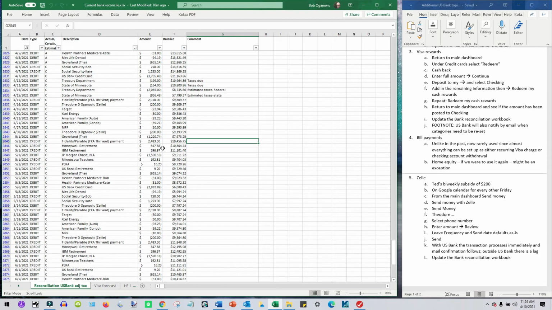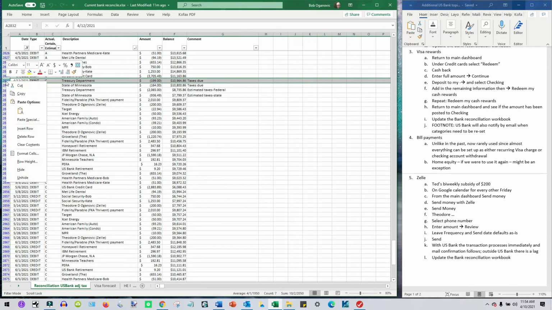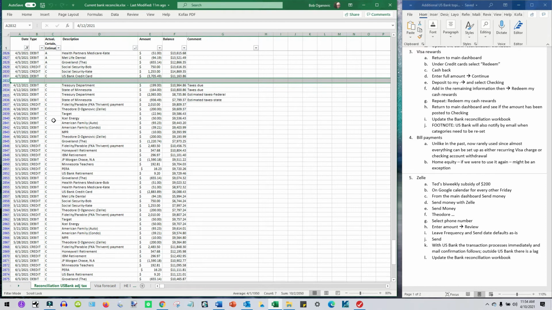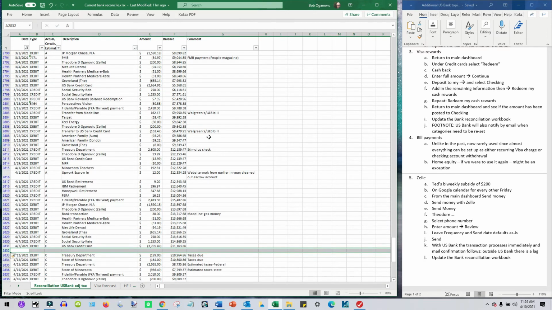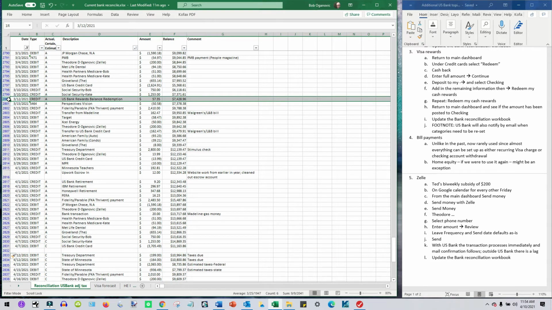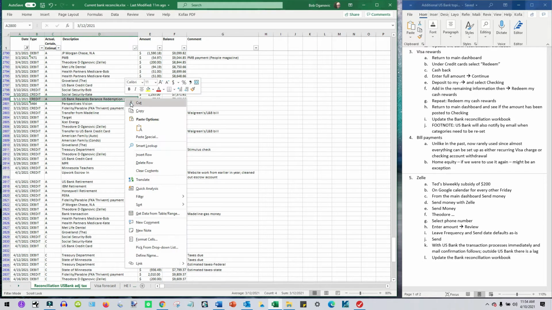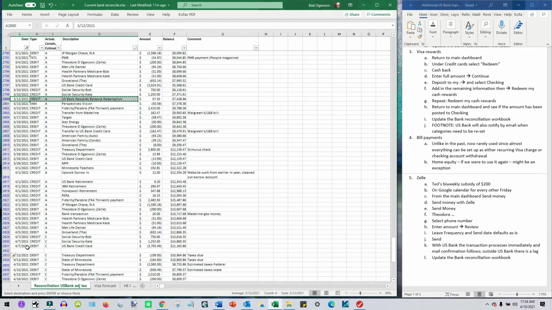So I want to add a record for April 12th. It showed. So I can just insert a row here. Another way I could do it would be just go back to the previous month. That's actually probably a smarter way to do it. And just look for where it says U.S. Bank Rewards Redemption. So I can just, since I already inserted a row, I'm just going to copy the cells